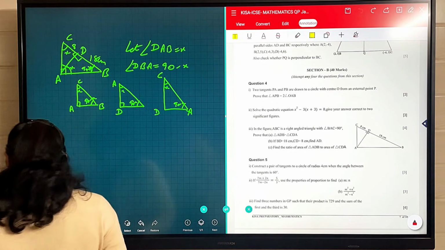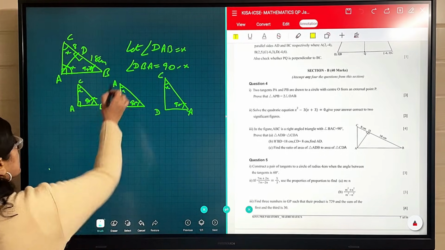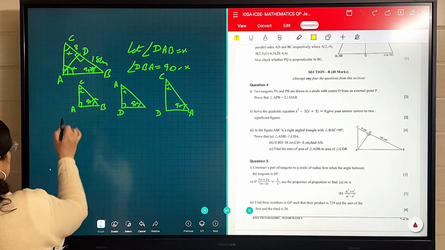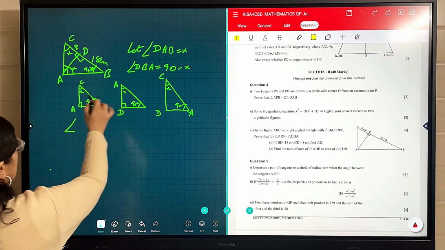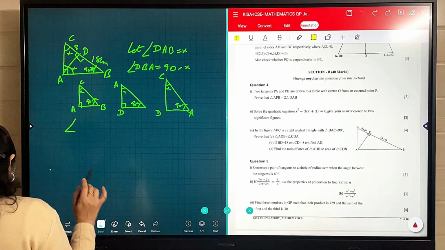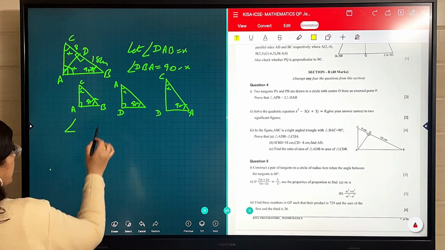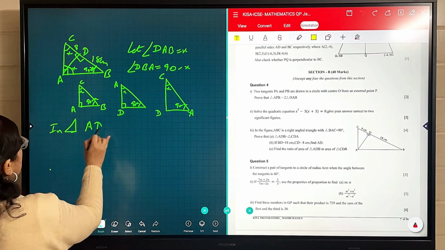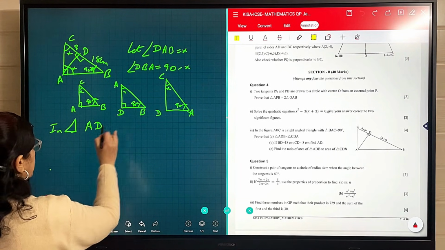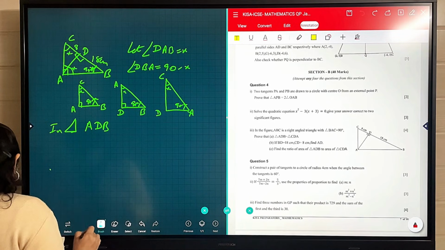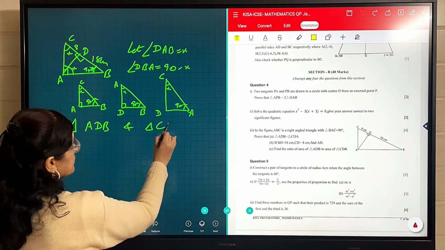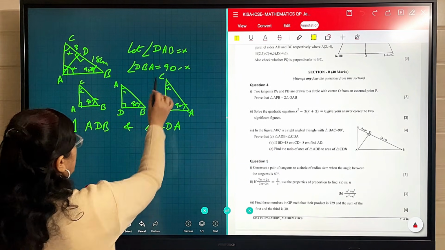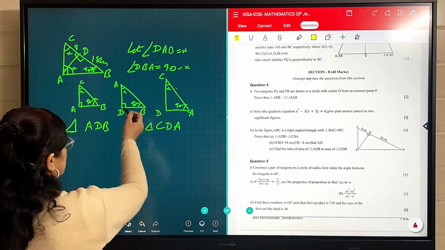But we have to prove it, so we have to give the reasons also, that this angle is X and this is 90 minus X. Now from these triangles, you can easily see which angle is X. We have to write from those two triangles which we have to take. It means triangle ADB and triangle CDA. Now look at the figures carefully, ADB and CDA. X and 90 minus X, 90 degrees.